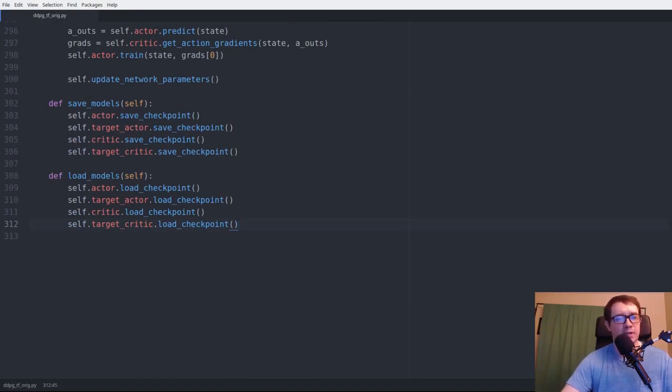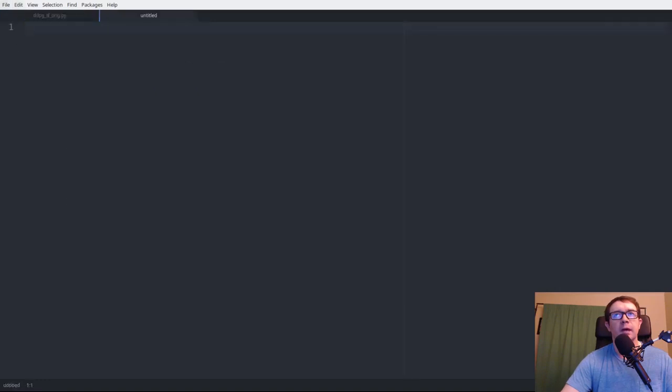Now we have to actually test it. So let's open up a new file and save that as main tensorflow.py. And what we want to do now is go ahead and test this out in the Pendulum environment. I call it TensorFlow Original. Import our agent. We need Gym. We need